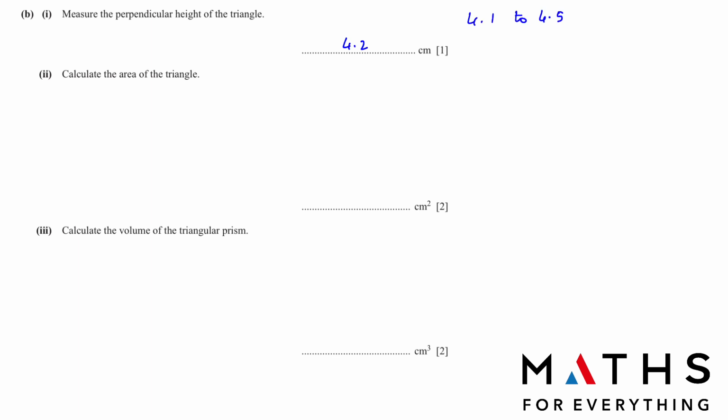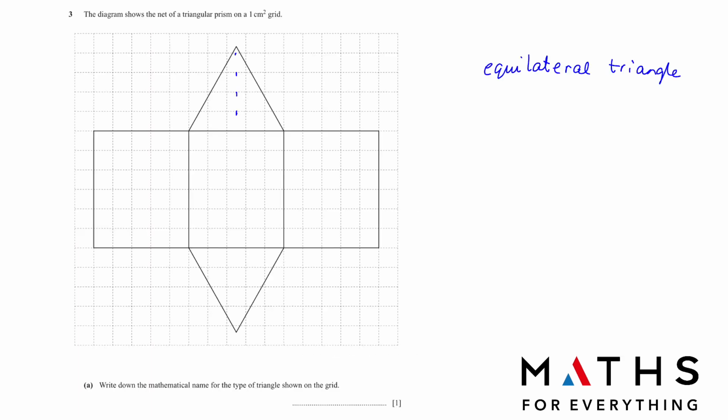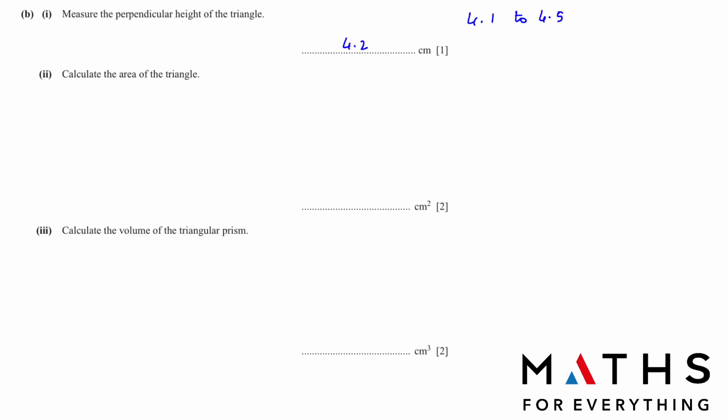Calculate the area of the triangle, B2. For the area of the triangle, we need to write the formula half times base times height. Our base is 1, 2, 3, 4, 5. We already counted that before. And height is 4.2. Let's see what we get. We will get the answer 10.5. Any answer between 10.25 to 11.25 is accepted. So area is 10.5